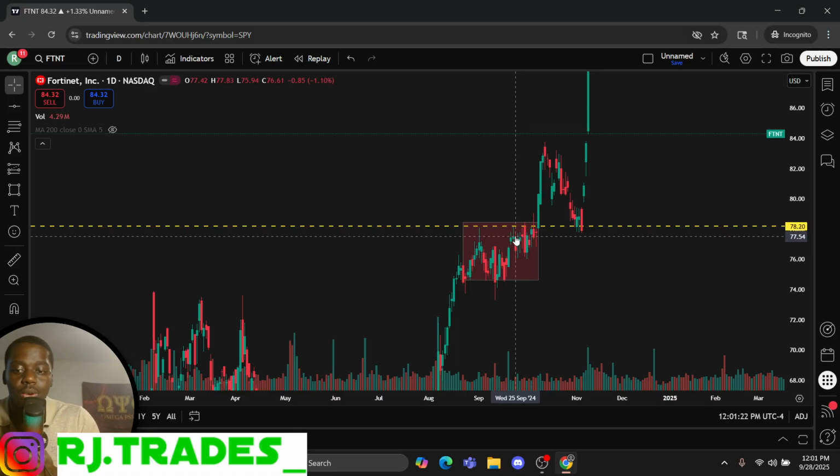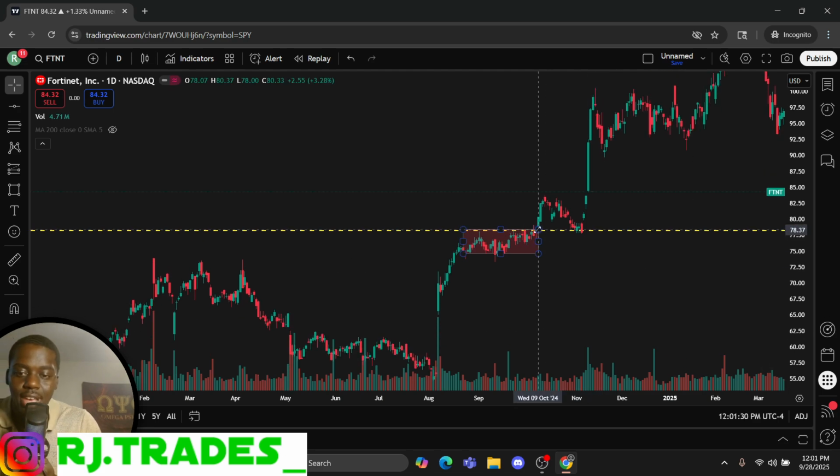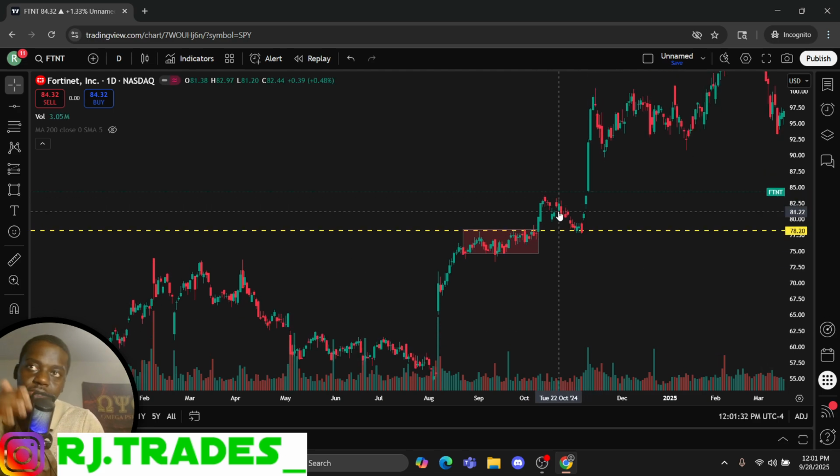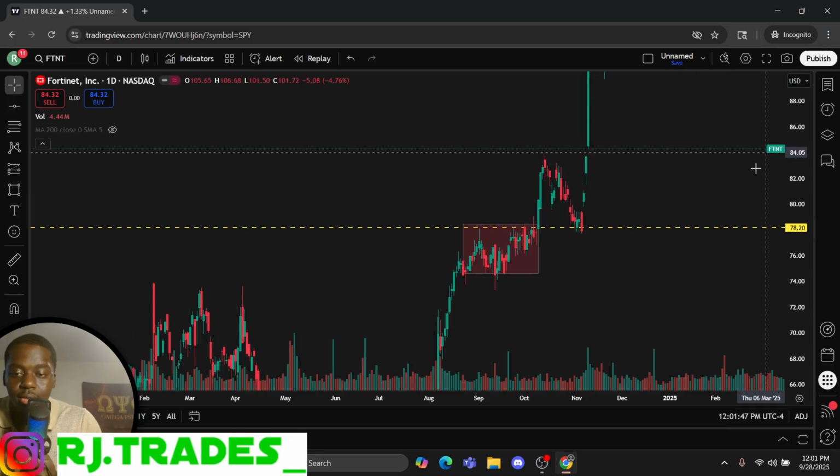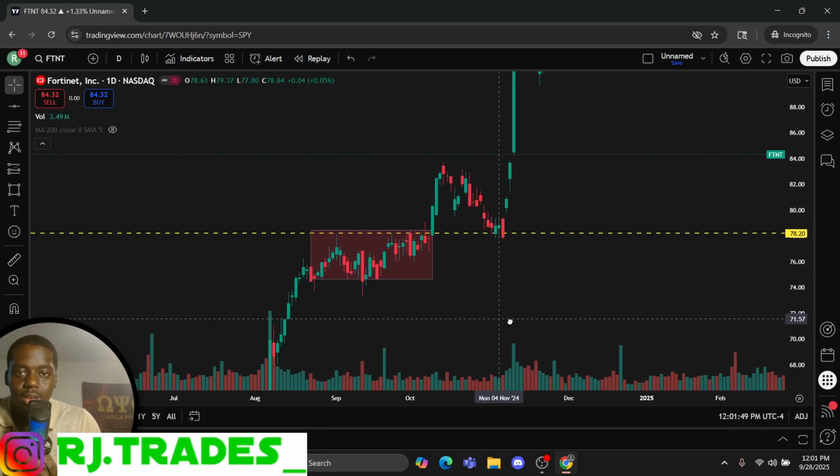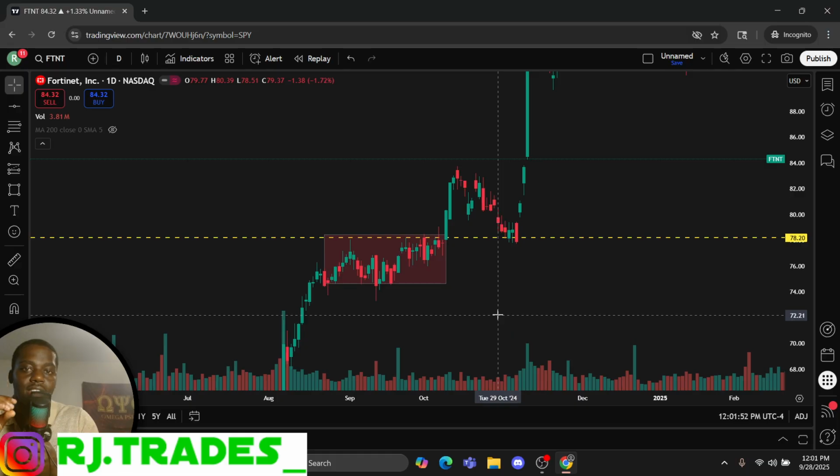Notice that I said when it goes up from a resistance, it's trying to go to the next one, okay? What did this do? This absolutely took off. Think of the resistance like pressure built up. The longer that something stays under a resistance, when it pops, it's going to go, all right? Notice that about levels. Now, also note that I told you guys a level, I like to call it that because the stock can come back and be a support at that same place that it was a resistance.